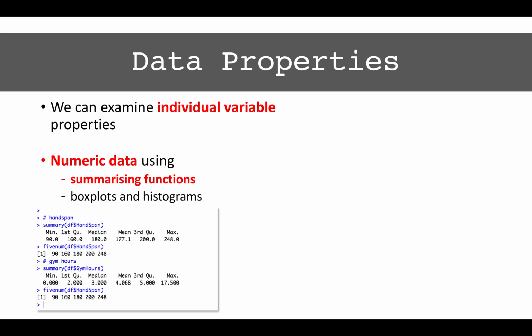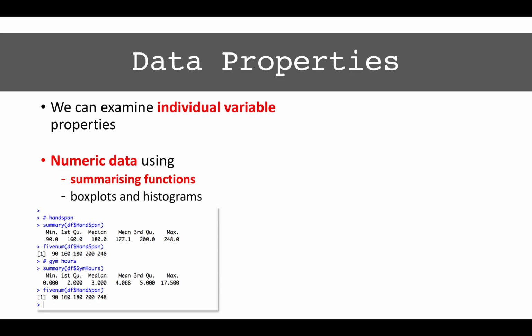So summary returns the range of the data, the max and the minimum. It returns the first and third quartiles, the median and the mean. The median and the mean give us a measure of central tendency, and the first and third quartiles give us an indication of spread. And how this works is that if you think about the median as the 50th percentile,